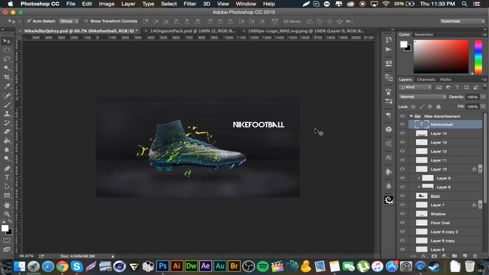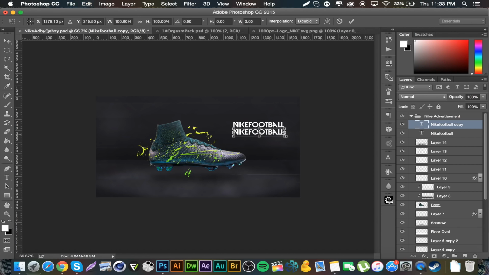Command J to duplicate that, and let's size it down just a tad and bump it over to the left. Just offsetting text looks good on ads as well. And I'm gonna make it say